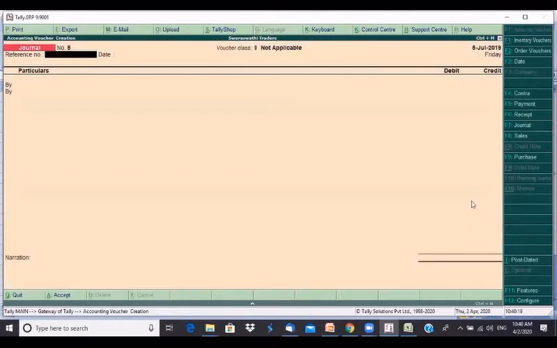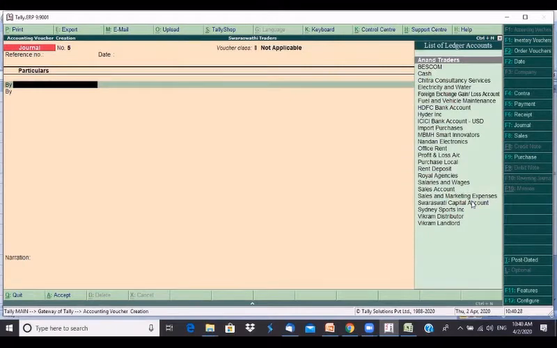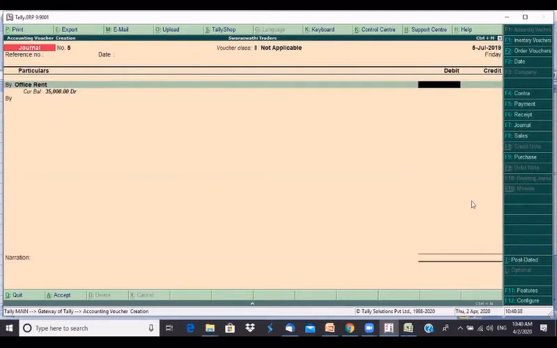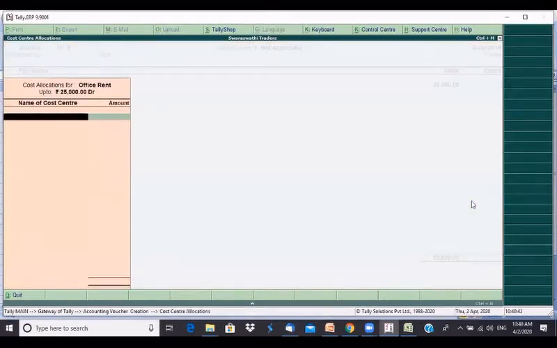So I'm just taking some of the accounts. For example, I'm taking office rent. I need to pay rent of the office, 25,000 rupees, for the month of July. So now how do I allocate this? Generally, the allocation of rent